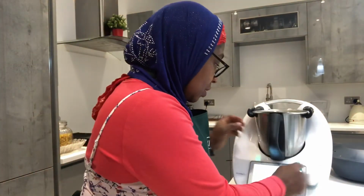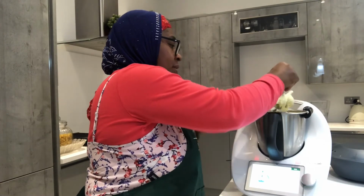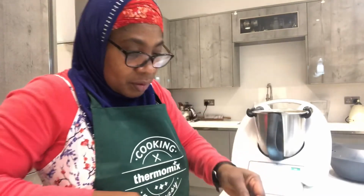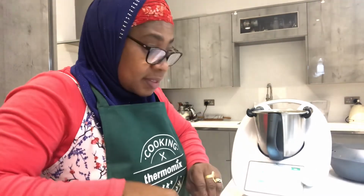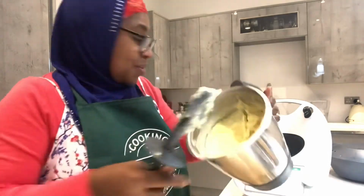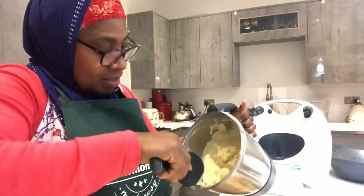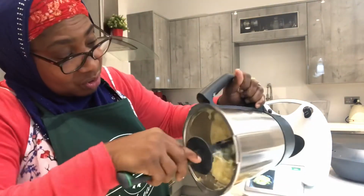And let's see what it says next. It says to remove the butterfly whisk. So we take that off. And that's going to have the mash here. This is really amazing. You should try this. It's very, very nice. So once we've removed the whisk and you press the next button, it just tells you to serve this